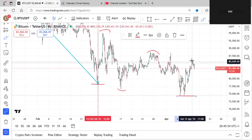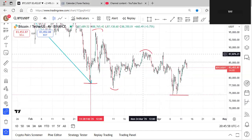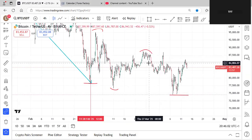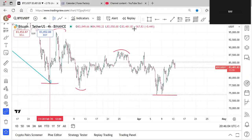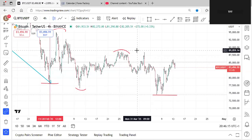So if we are to stay on a 4 hour, well, it doesn't really matter if it's 4 hour or daily, structure's probably the same on them both. But from there, this sort of being our high,